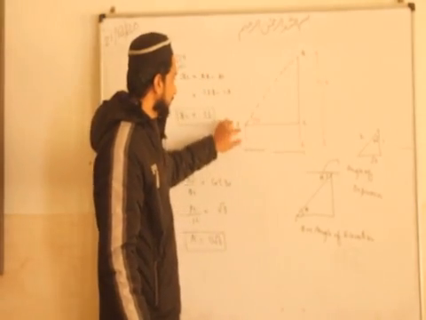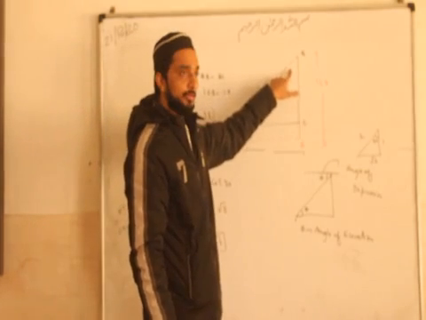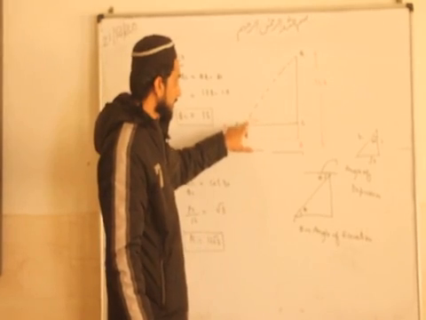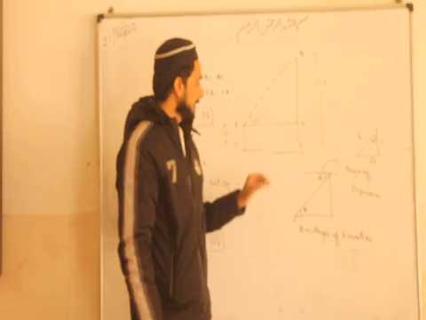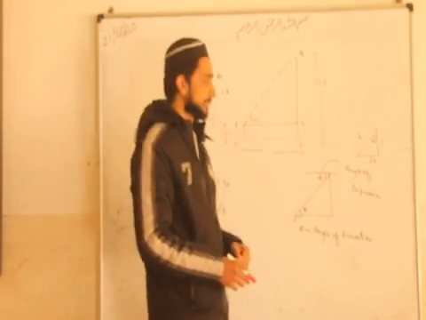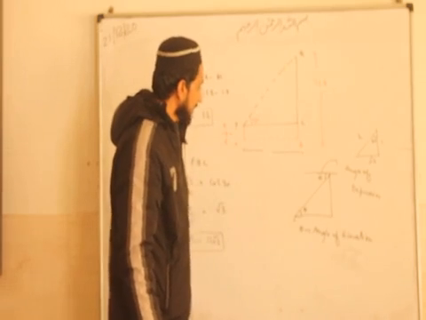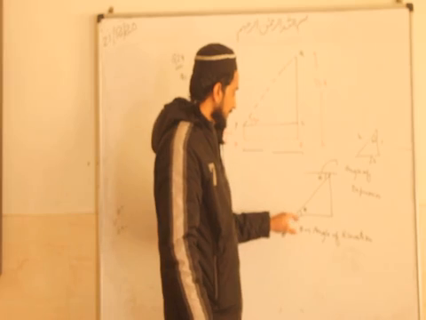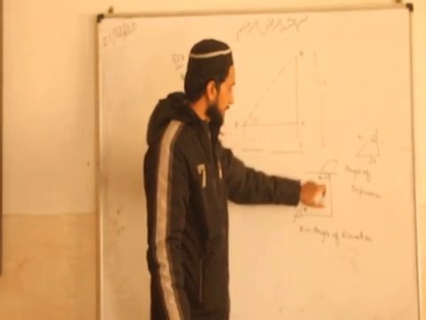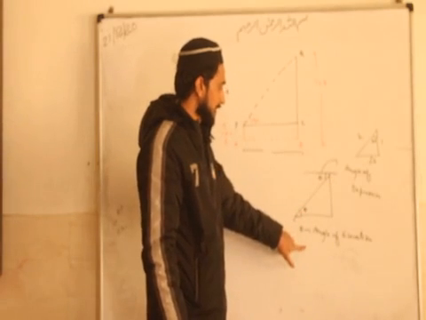So this man from this point is looking at the top of the building and it's making an angle of 30 degree. This angle is known as the angle of elevation. When an angle is formed by looking at the top of a building or anything, that angle is known as the angle of elevation. Here I have shown this. From this point, this angle is forming at the top of a building, so this angle is known as angle of elevation.